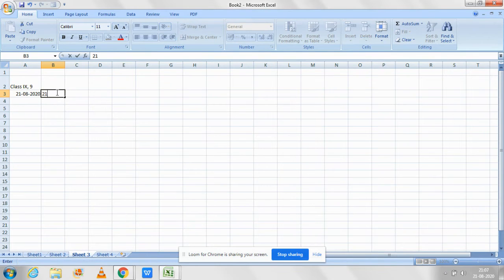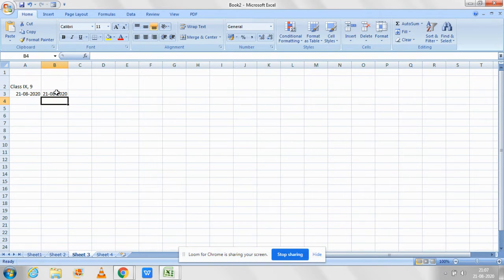If I put a slash again, then it will be taken as a date. So this will be taken as a date automatically. Sometimes if you use the time, time will be in the column, so it can be easily taken.